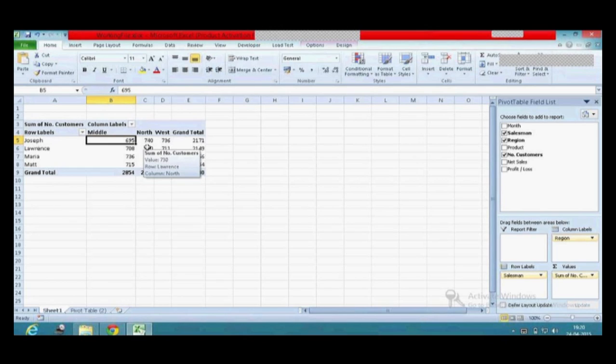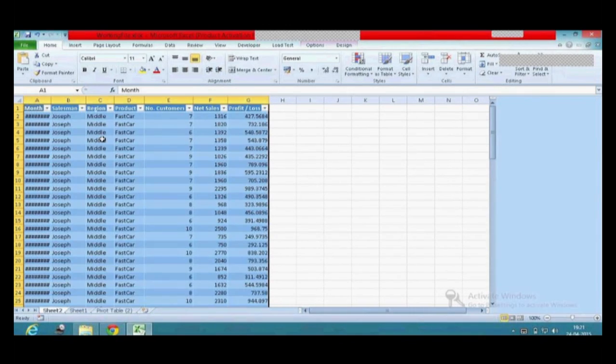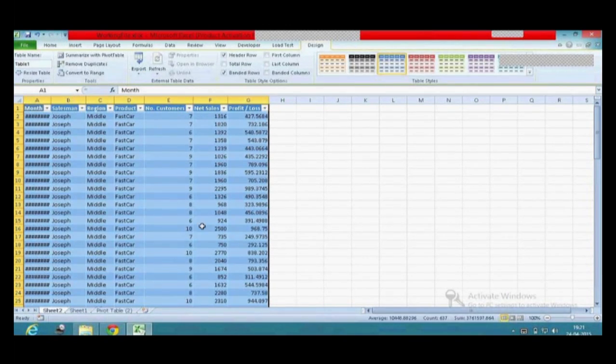So now if you want the filtered data, for example, I want Joseph's record for the middle region now. So you can get it by double-clicking on the intersection. It will generate a separate sheet where the filtered record will be available. Do you see it? It will generate the filtered record right here. I'm going to repeat.